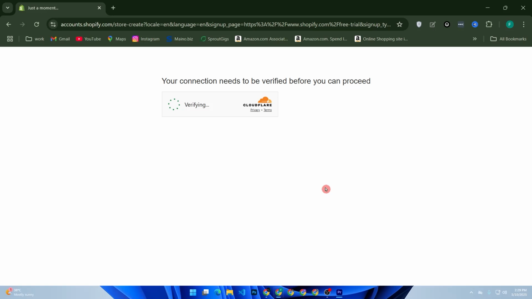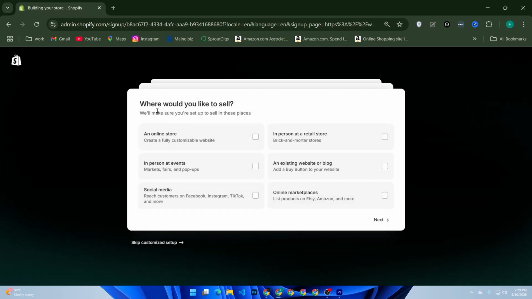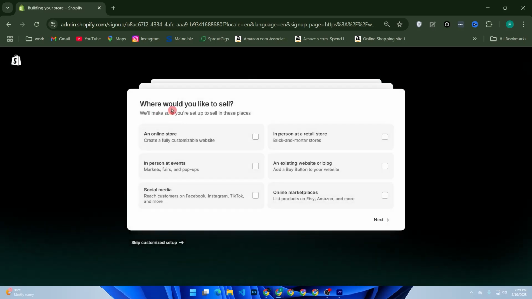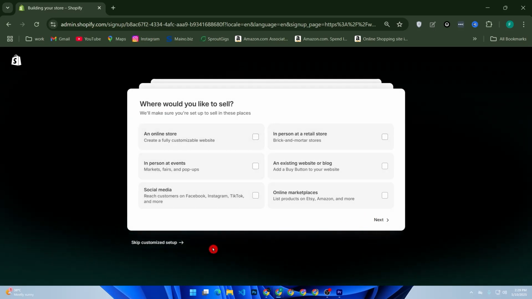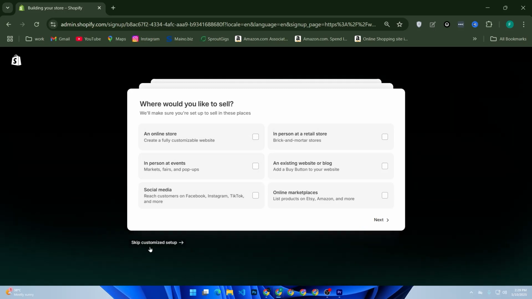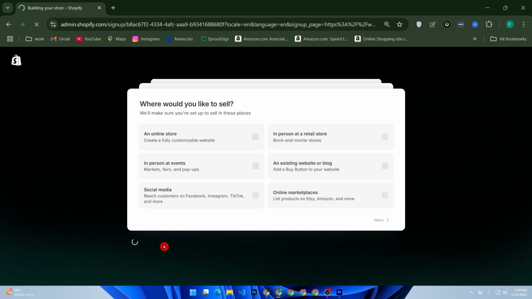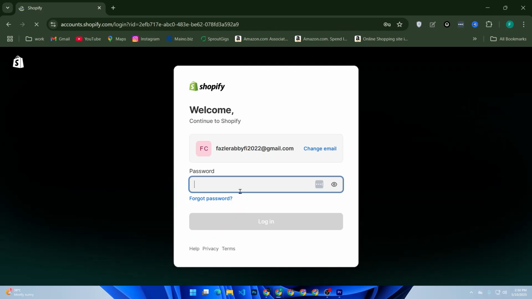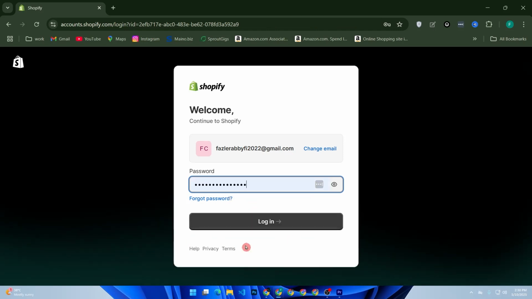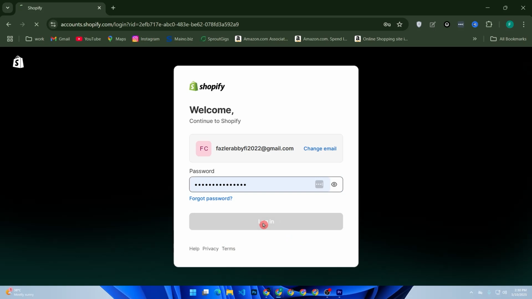Now, wait a minute and follow the process. Like, where would you like to sell? Like an online store, in person, at events. So now I will skip the customer setup. Then enter your password. Then log in. Once you are logged in,